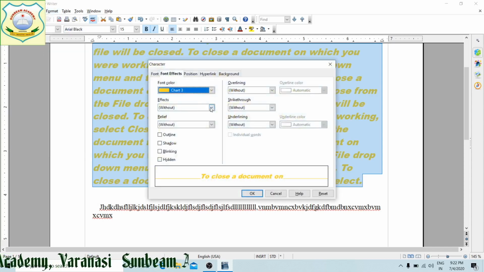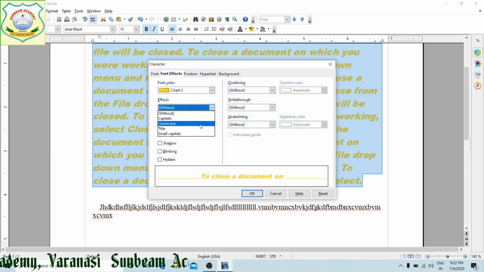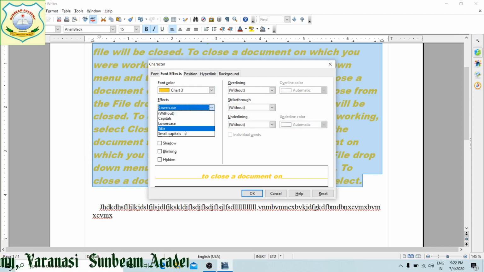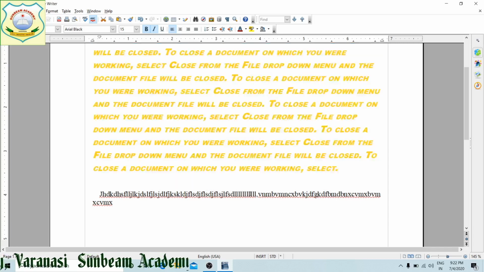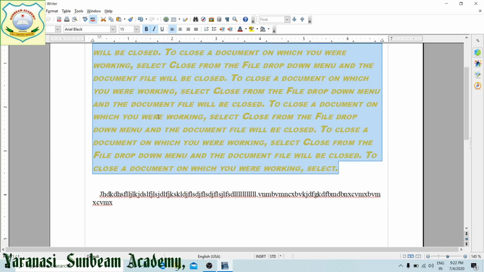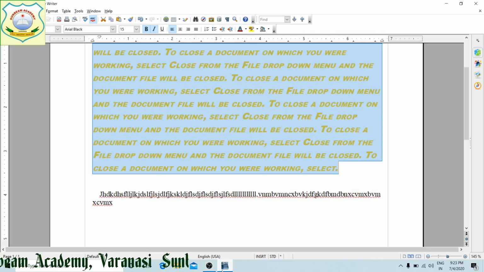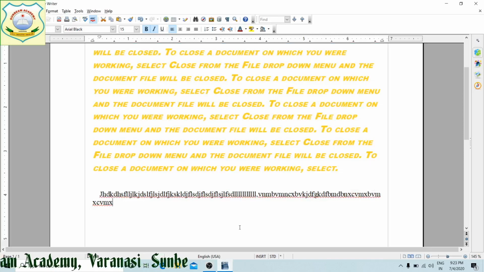Next is your effects: capital, lower case, or I am going to choose small capitals. Now you can see small capitals. Now this was all about font. Font you can change its color, everything.